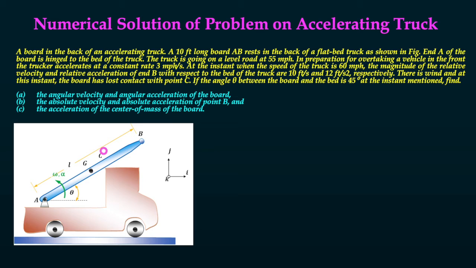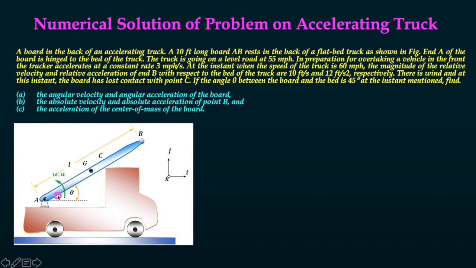As the velocity, acceleration, all these are vector terms, and we are using now the unit vectors. The direction of the unit vector is i and j, and k is normal to i and j. But here you see, the motion of this ladder or the board is on a single plane, so it's a problem of general plane motion.